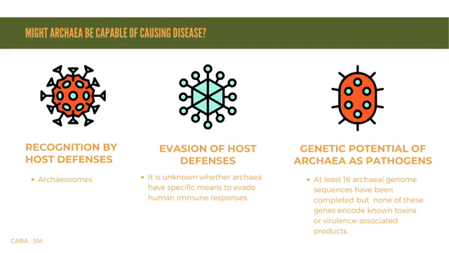Lastly, is the genetic potential of archaea as pathogens. So the virulence genes are often associated with transmissible genetic elements. It is plausible that archaea, in the context of a complex population of human bacterial flora, may have the potential for virulence gene acquisition by such mechanisms. Lateral genetic transfers between archaea and bacteria over evolutionary time periods have already been proposed. However, evidence of rapid real-time exchange of genetic material among or with the archaea is not available.